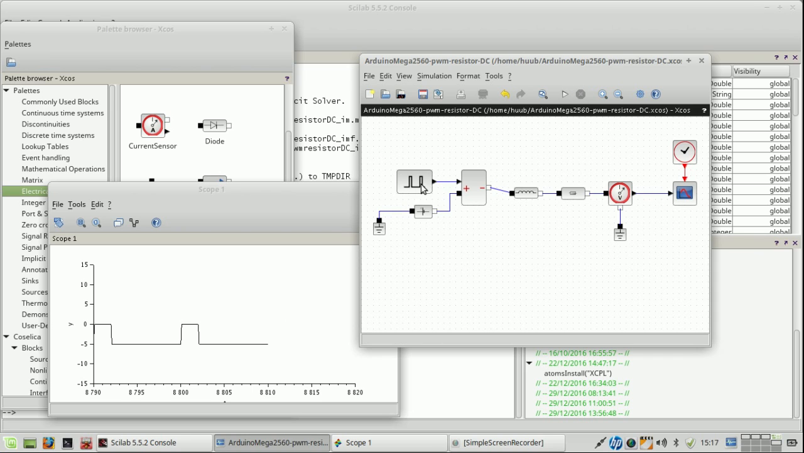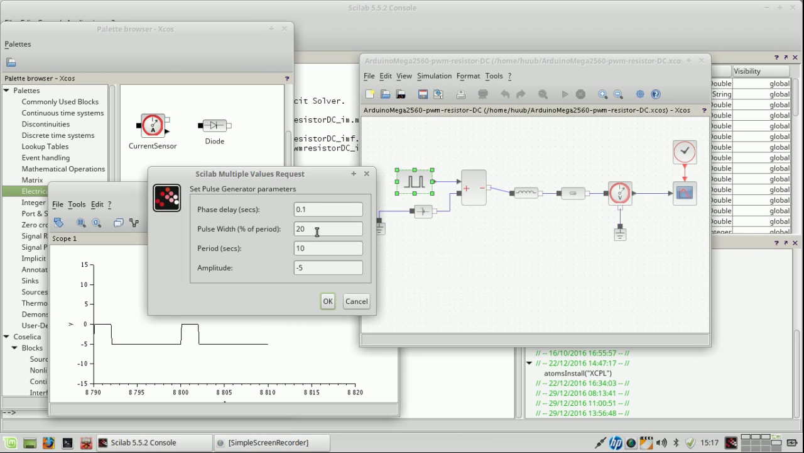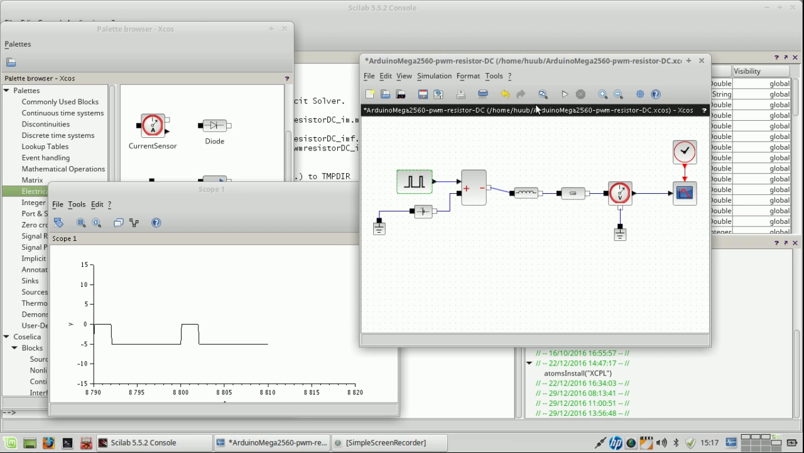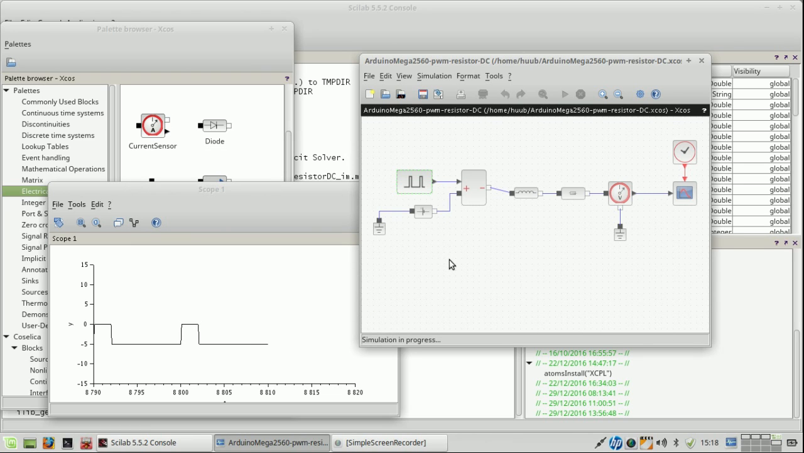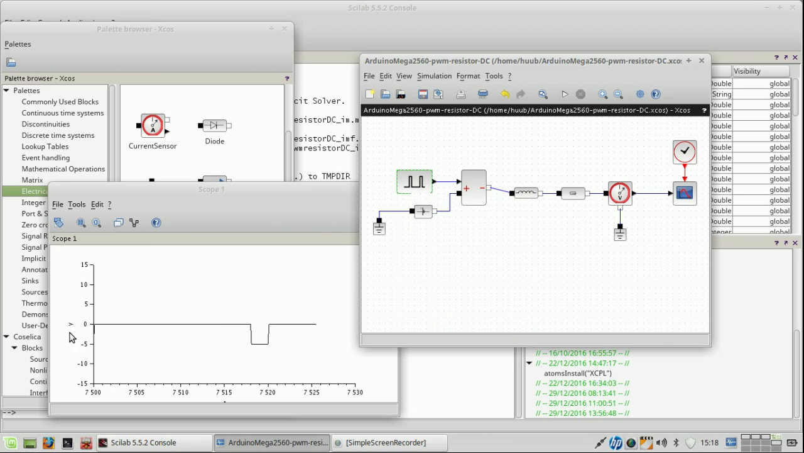So the real change is in here with a pulse width and a period. Let's see how that works. Yes. That is a big change, but I've changed two at the same time, and yes, the